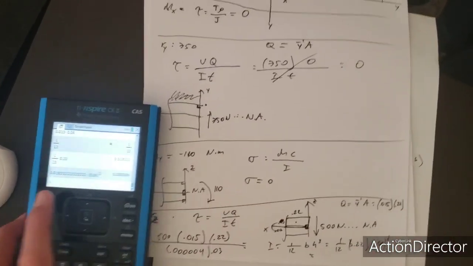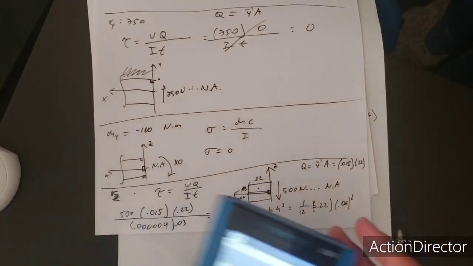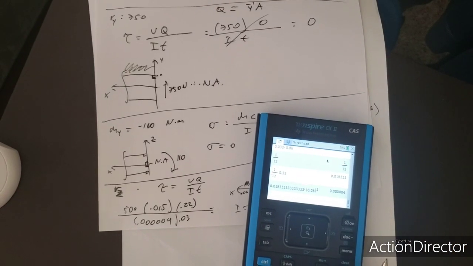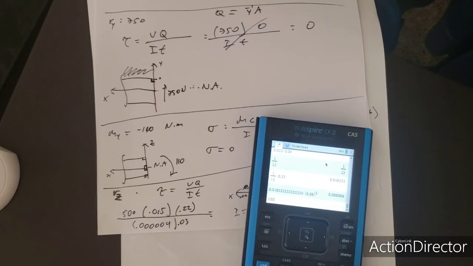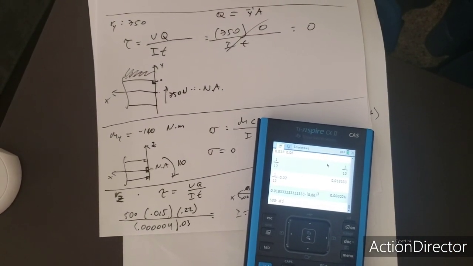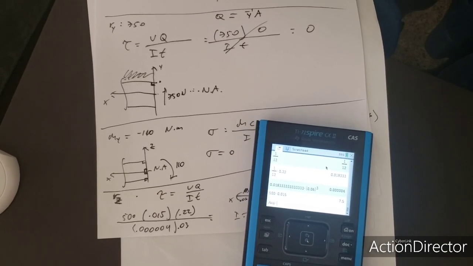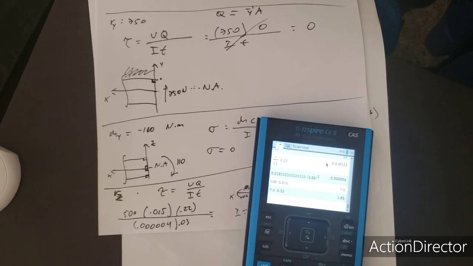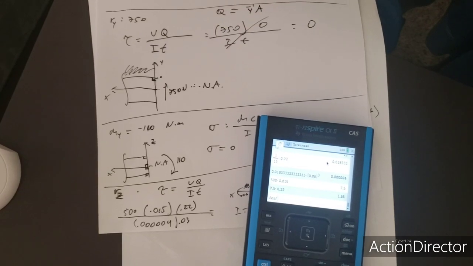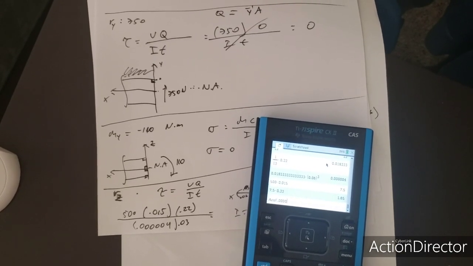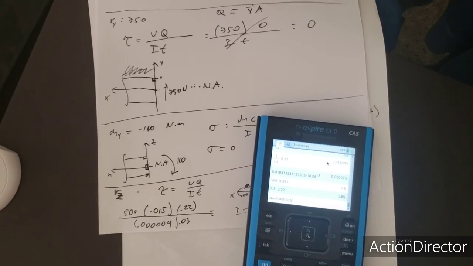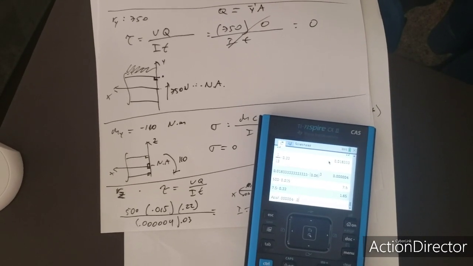And now I can plug in everything to the calculator, and let's see what I get. 500 times 0.015 times 0.22 divided by 0.000005 and so on, times 0.03, and I get